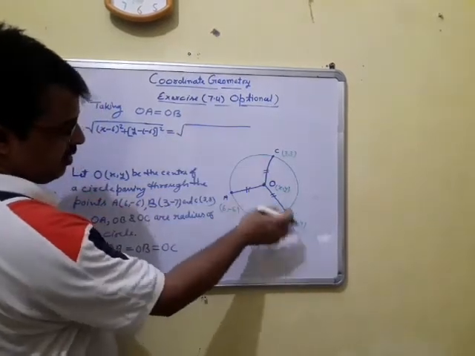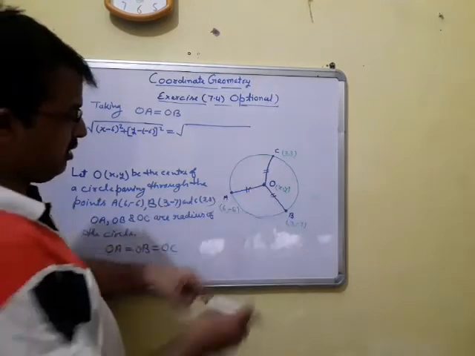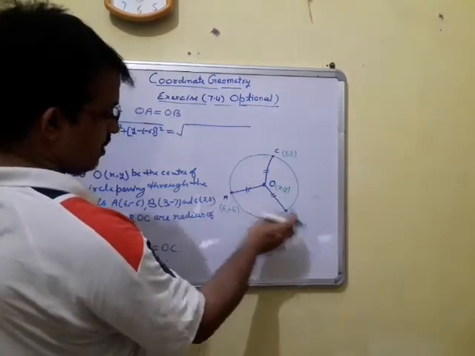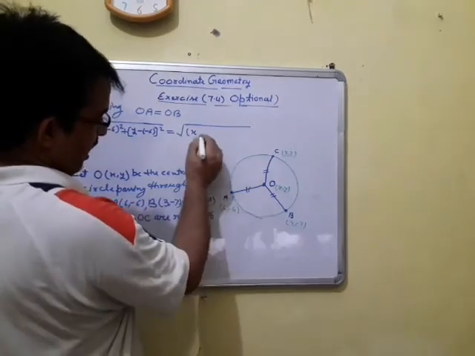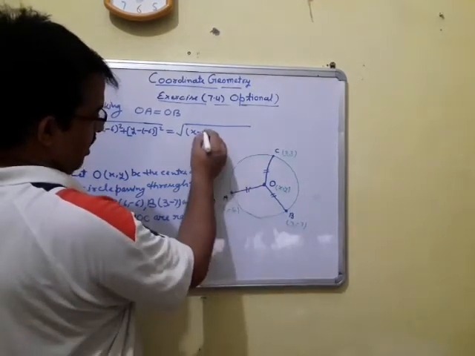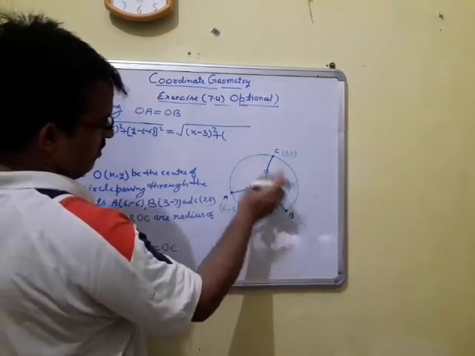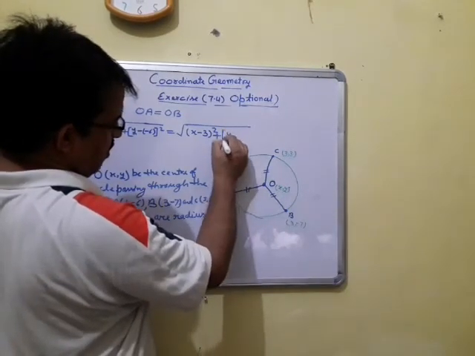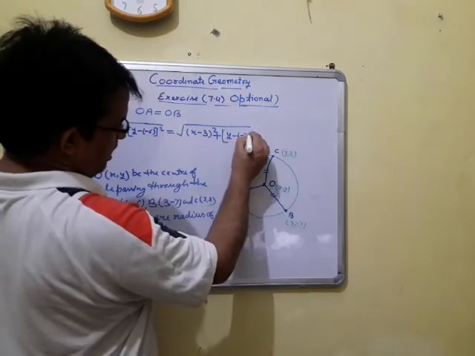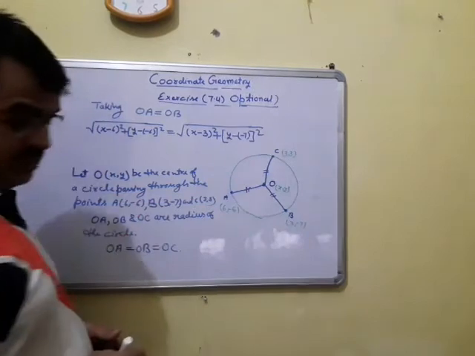now OB we here find, x2 here is x, and x1 here is 3, whole square plus y2 here is given y, and y1 here is given minus 7, whole square, this one।